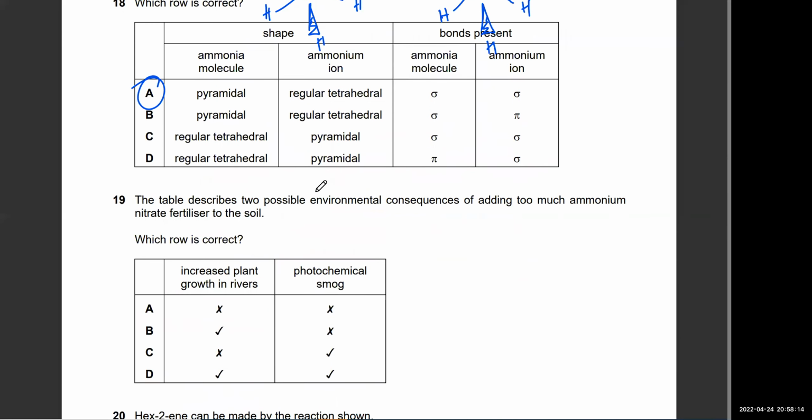अब फिर describe two environmental consequences of adding too much ammonium nitrate. Increased plant growth in rivers, so that is a fertilizer. So that is a consequence, and photochemical smog is not a consequence of that. So B, photochemical smog जो है ना वो दूसरी चीजों से, nitrogen car exhaust, nitrogen oxides, it's because of that. ठीक है,